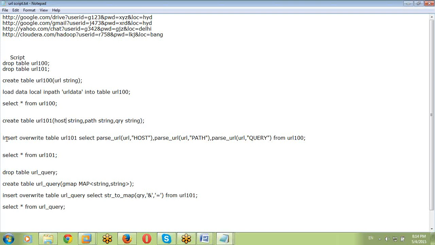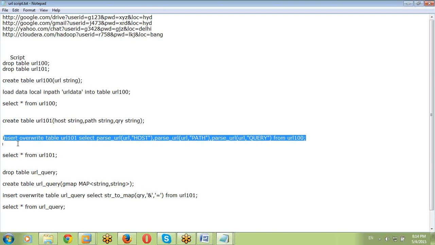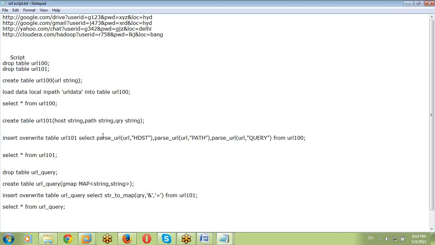But the important thing is the fourth step. Insert overwrite table name, select parse URL. Here the important thing is the function name, parse underscore URL: parse underscore URL, URL comma host. This is mandatory and case sensitive. URL is a column name of the previous table.